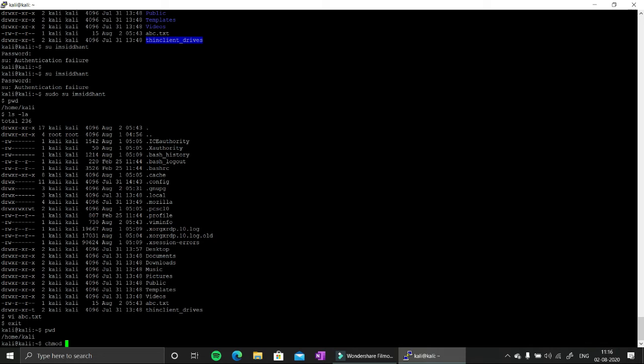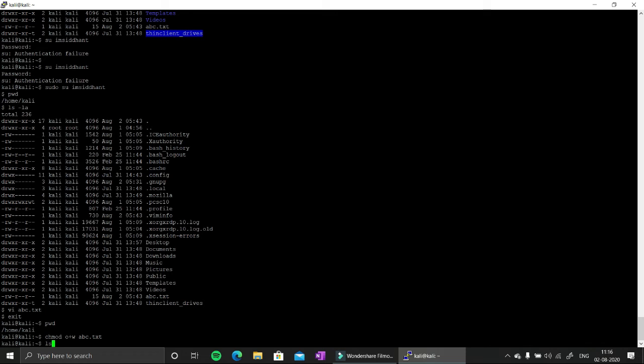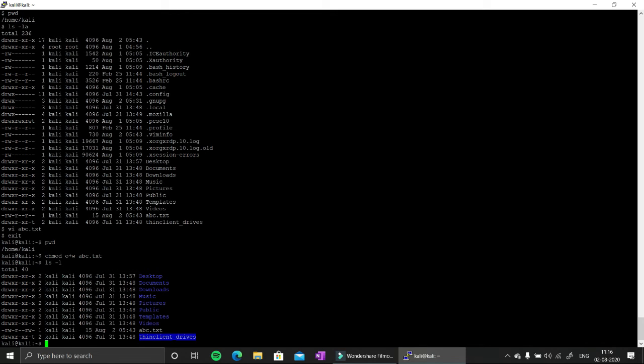To allow others to modify the file, I have to type o for others, plus, I will give write permissions to them, and then the file name abc.txt. Now if I say ls -l, here you can see I provided read and write permissions to others.